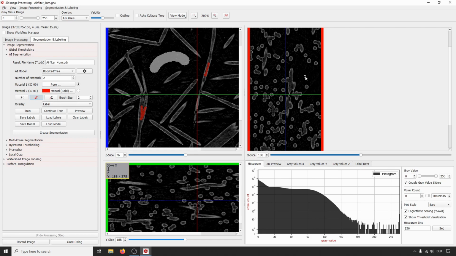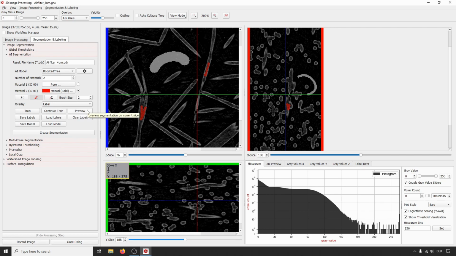So for example, I switch here to the X direction and paint some of the pore space in here, and you can also paint the fibers in this direction. So for example, those here. And then you can continue training, continue previewing until you're happy.